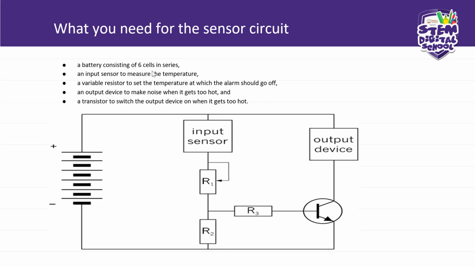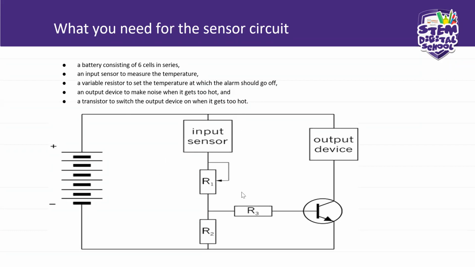Right. In this, you need a battery consisting of 6 cells. That's a 9V battery. Okay. An input sensor to measure the temperature. Input sensor here, maybe a thermistor, a variable resistor to set the temperature at which the alarm should go off. An output device to make noise when it gets too hot, and a transistor to switch the output device on when it gets too hot. I think you understand now the role of these